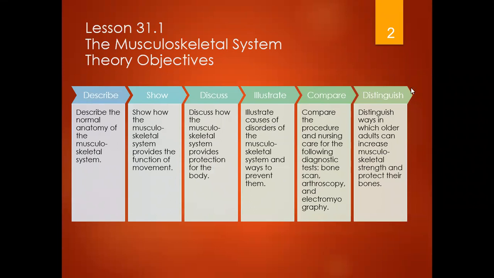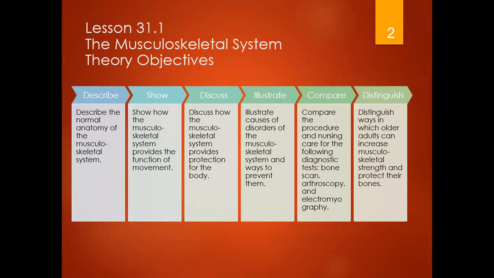Okay, so lesson 31.1, the musculoskeletal system theory objectives. What are you going to be able to do after listening to this voiceover PowerPoint? Well, you should be able to describe the normal anatomy of the musculoskeletal system. You should be able to show how the musculoskeletal system provides the function of movement,